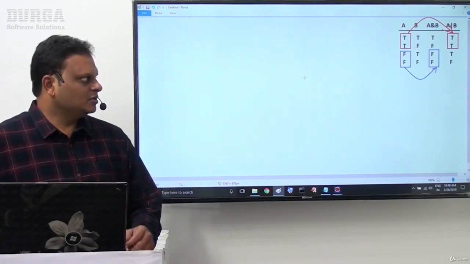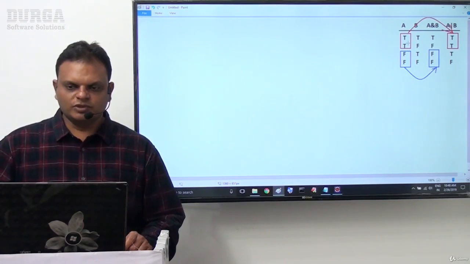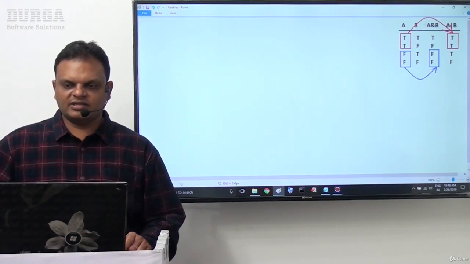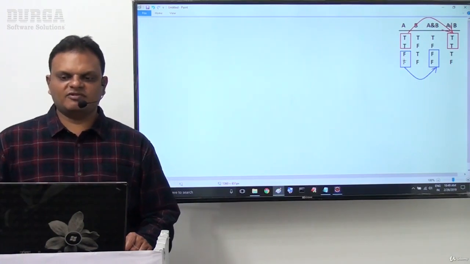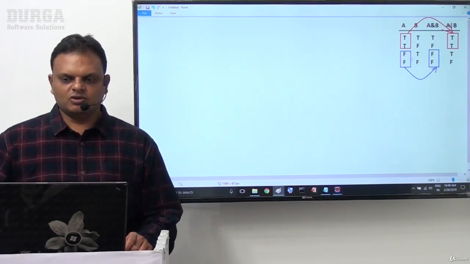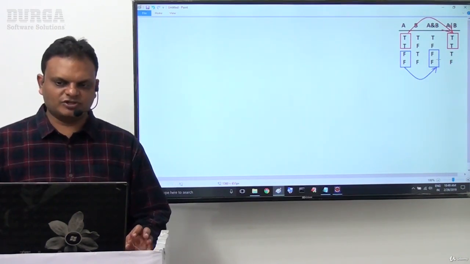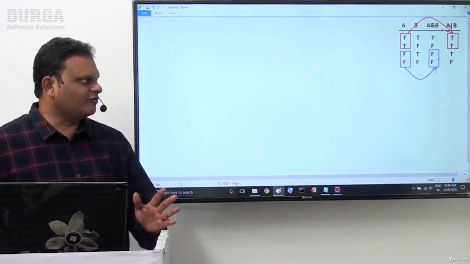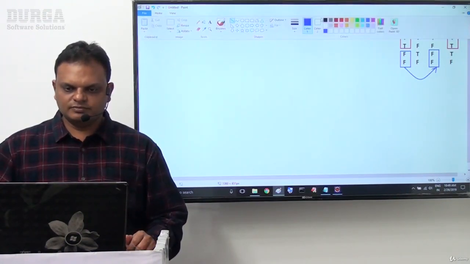Right, sir. In the case of this OR operation, if the first operand value is true, there is no need to check the second operand. Directly, the result of the OR operation is true. In the case of the AND operation, if the first operand value is false, there is no need to check the second one. Directly, the result of the AND operation is which one? False. That's it: true and false shortcuts we provided. Now I'll go for an example.